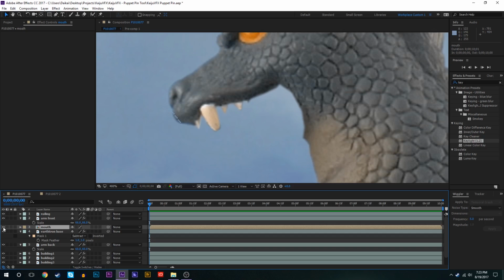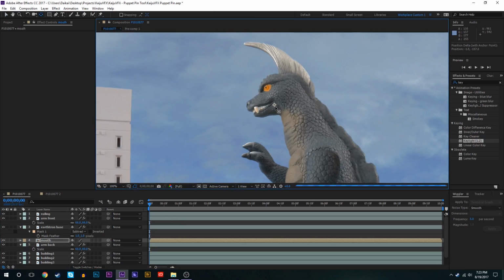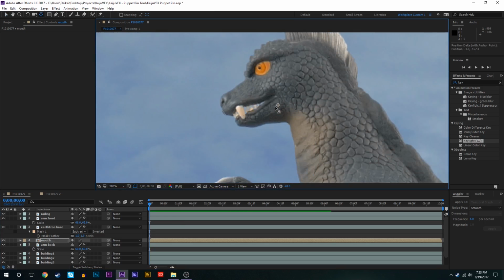So now if we turn on that mouth layer, and we'll bring that below the base so that the fang is still going through that. And then we'll press Y for the pan around tool, and we'll move the anchor point to that part of the bottom jaw. Now if we rotate it, there you go. You can see we're getting some mouth movement out of Earthtron that you otherwise can't get with a normal Bandai